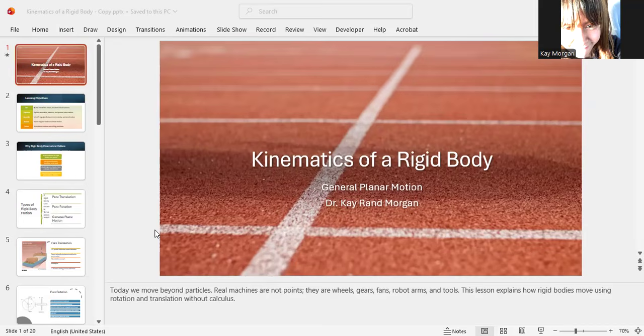So this lesson is going to explain how rigid bodies move, okay? And we're going to use rotation and of course translation without going into the heavy calculus. Dynamics cannot be taught without calculus. We can simplify it into algebra, simple ways to calculate mathematically. However, dynamics is calculus. It will be very difficult to do it without calculus. So you still need to understand how we use calculus to be able to understand motions.